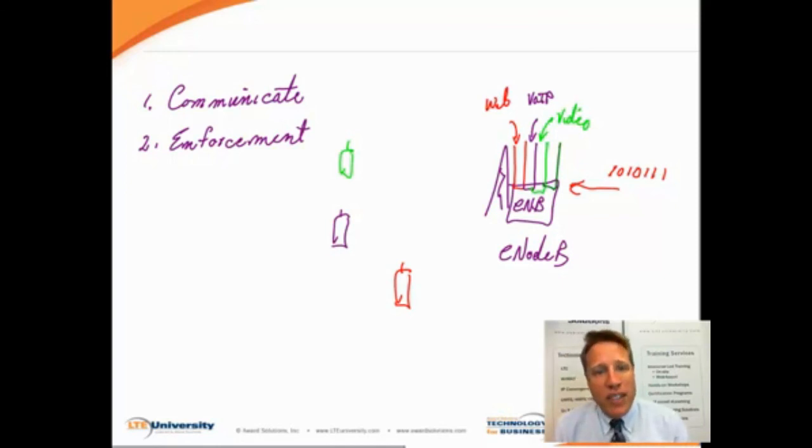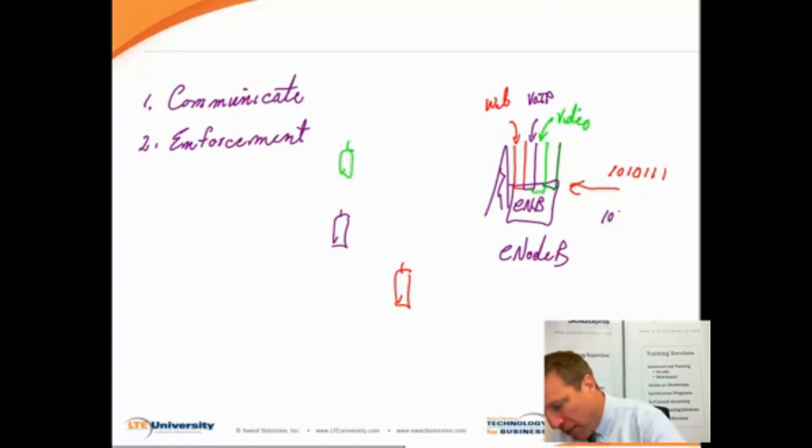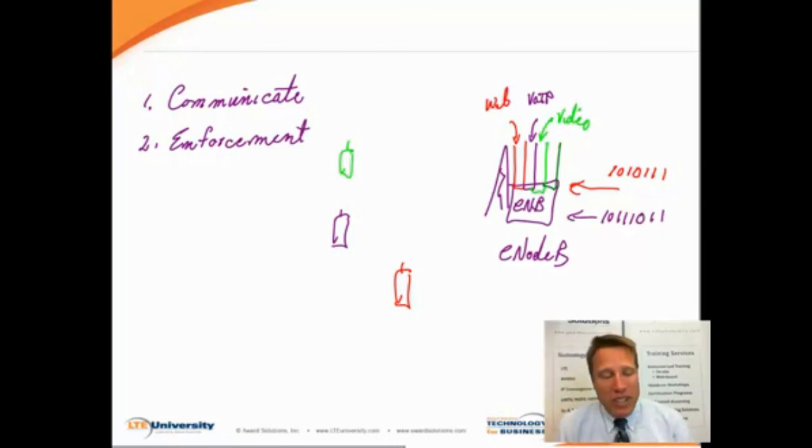Probably a better example would be if this is voice over IP traffic that is provided to the eNode B. We need to know that in order to support that voice successfully, we have to keep the delay as short as possible, and we need just a little bit of data. It doesn't take a lot of data to support voice, but we need it regularly. Okay, so we're going to see how the eNode B deals with these different requests and how it can manage the differing QoS requirements that it has going on at any given time.